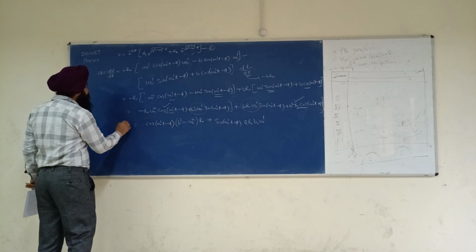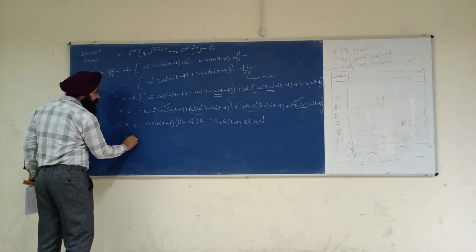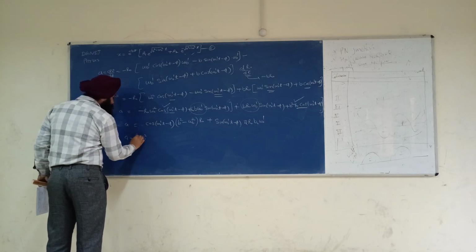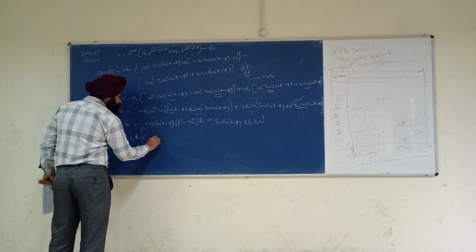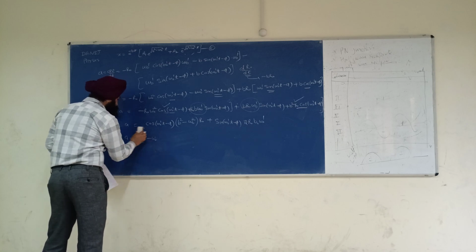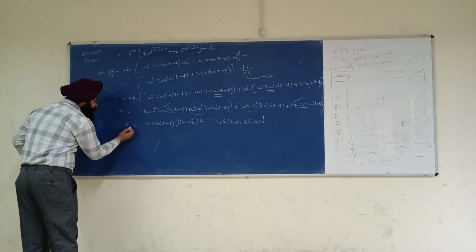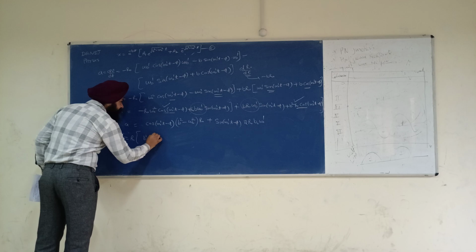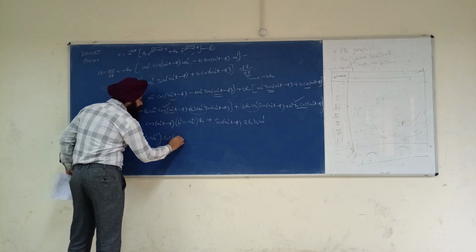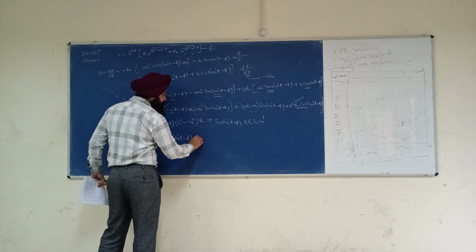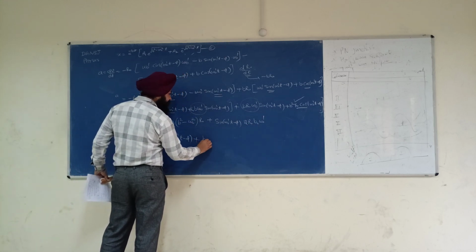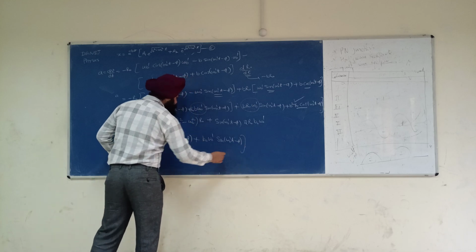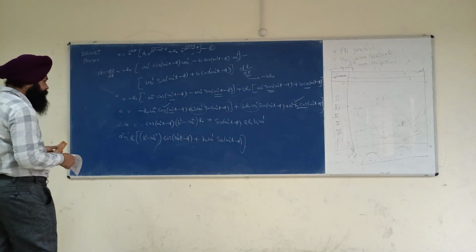So finally I am getting the equation of acceleration, that is equal to r naught, I am taking outside, b square minus omega naught square prime into cos omega naught prime t minus phi, plus r naught common, what I am getting, 2 b omega naught prime into sin omega naught prime t minus phi. This is the final equation.